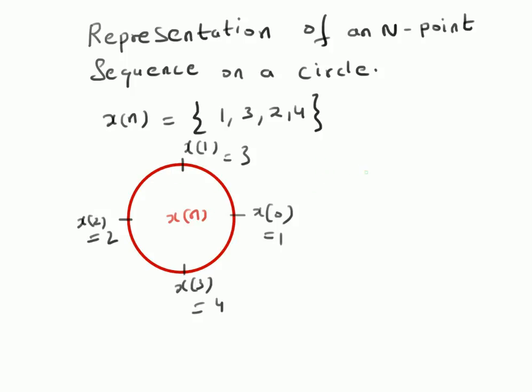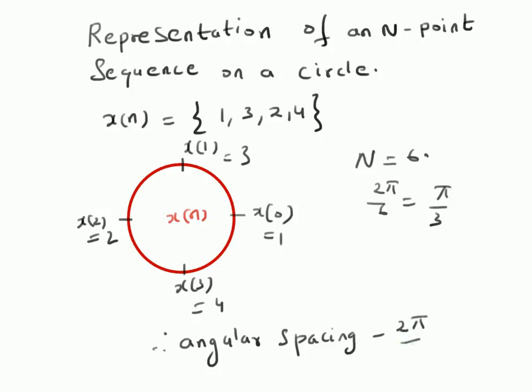If there are values other than 4, say for example n is equal to 6, then we have to place these numbers at a spacing of 2 pi by 6, that is pi by 3 radians, which is equivalent to 60 degrees. That is, we place the numbers based on the number of values in the endpoint sequence, so it depends on the value n. If n is equal to 4, the spacing will be 90 degrees, n equal to 6, it will be 60 degrees, and so on. Therefore, angular spacing is given by 2 pi by n radians.